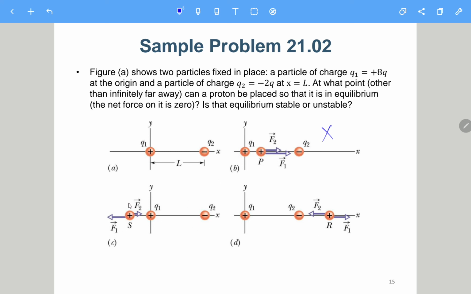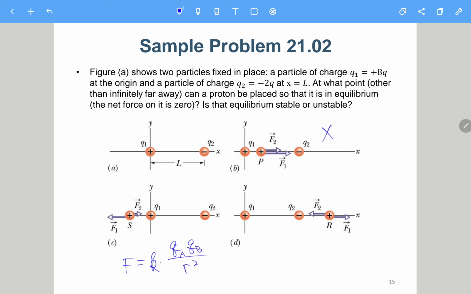And next we consider the case on the left region. If we place this charge on the left region, F1 points to the left side, because they are both positive, so they repel each other. This one and this one have opposite charges, so they attract each other, so this force points to the right side. However, for this case, F1 is always larger than F2, because you can simply imagine F equals K times QaQb